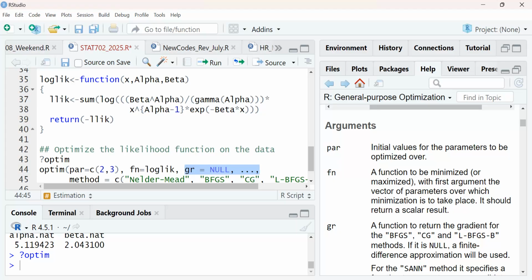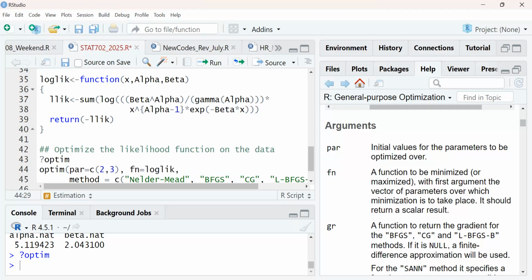It will do that automatically. But if we have the gradient, you can put it in, because we can differentiate the function and also get the gradient. Usually, if you are doing some optimization and the function is large, then if you provide the gradient, it works faster. But this is not any complicated function, so we can ignore it.